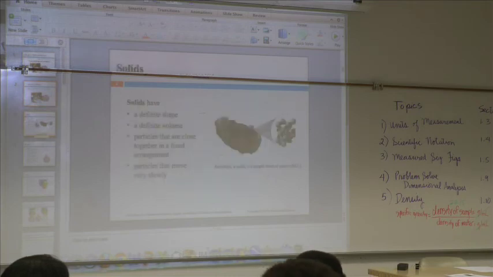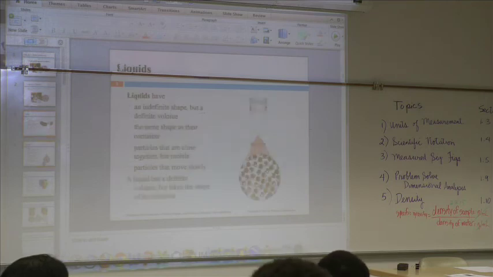So here's a solid. And amethyst is actually a form of quartz. Quartz is like sand, silicon dioxide. And it's purple. And now you're probably thinking, oh, what about the emeralds and the rubies and the sapphires, right? They're basically aluminum oxide, but then there's some impurities of beryllium or chromium, depending on whether it's an emerald, ruby, or sapphire. So it's really very interesting to look at the different types of solids.